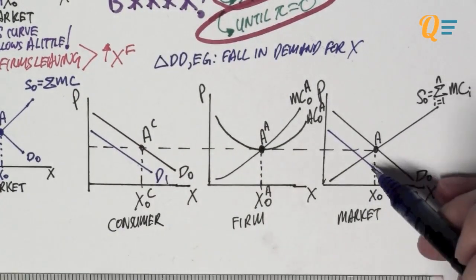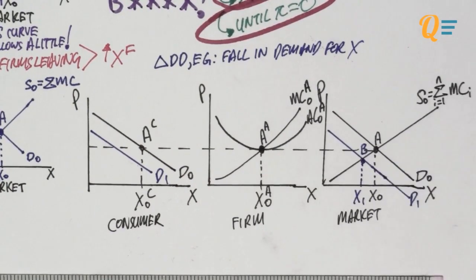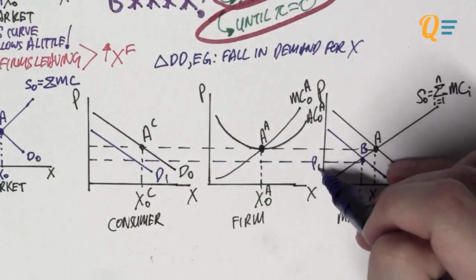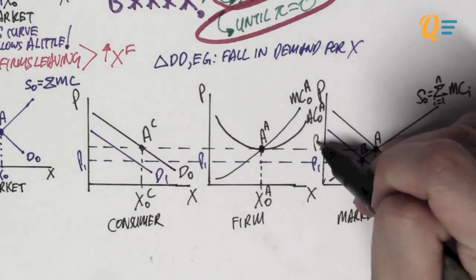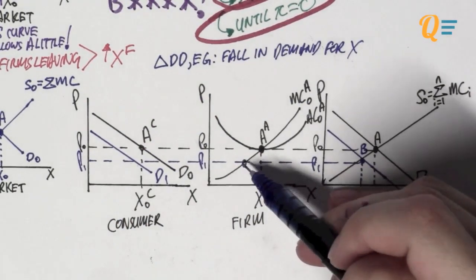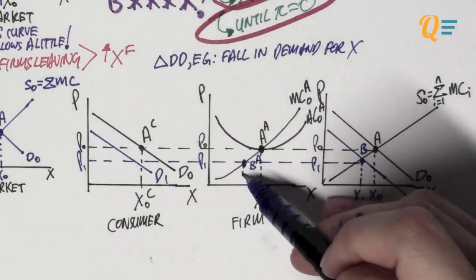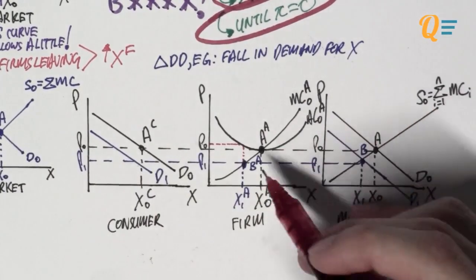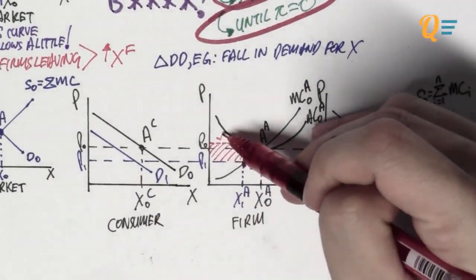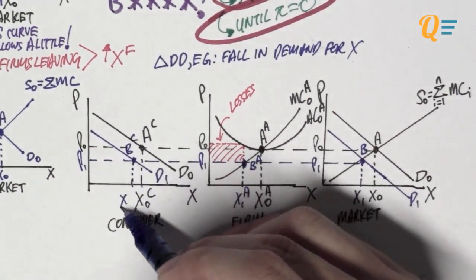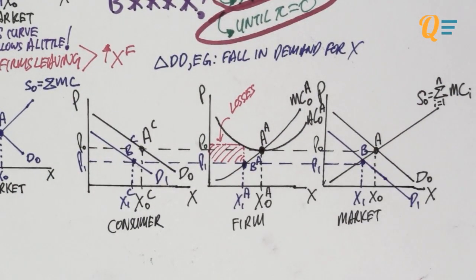The demand curve for the consumer is the same as the demand curve for the market. So the price has fallen. Obviously, this is the new market price. P1 is the new equilibrium price of good X. So what happens to the firms? They'll be producing at point B superscript A over here, because that is where P equals MC. And you notice that they have reduced their amount produced, and they are suffering from losses now. So we have now come to the end of the short-term equilibrium.